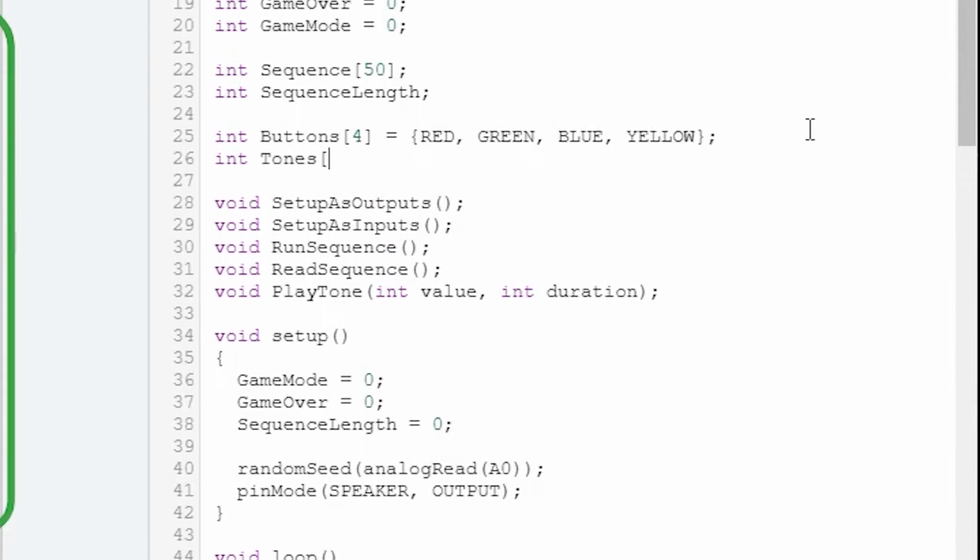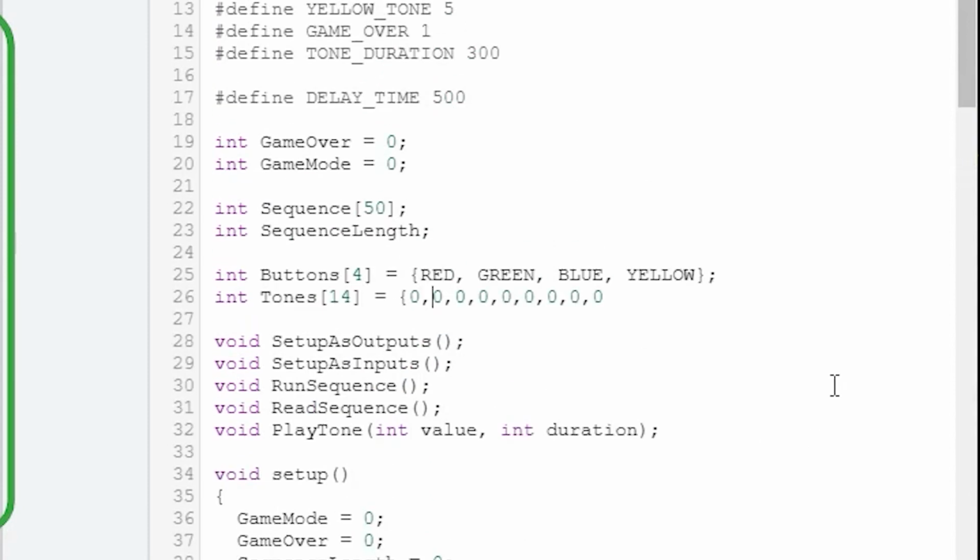I'm going to make this array of integers, and I'm going to make it 14 long. And I'm going to prefix it with zeros. And you'll see why in a second, but let me see. I need 1, 0, 1, 2, 3, 4, 5, 6, 7, 8, 9,